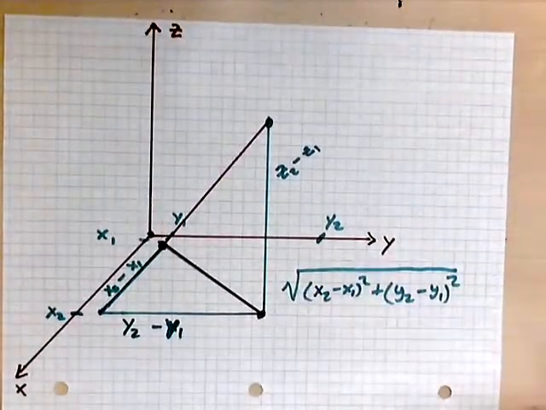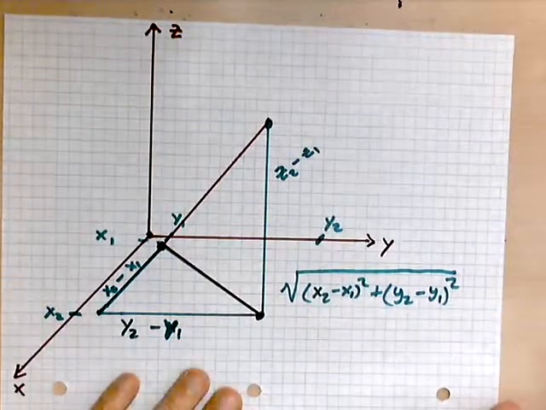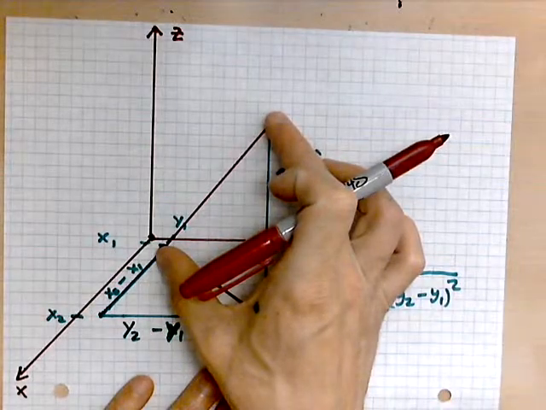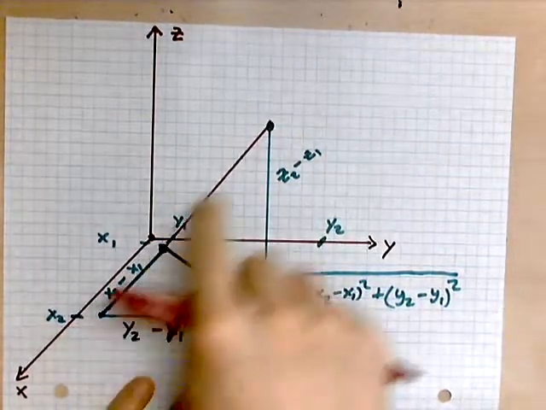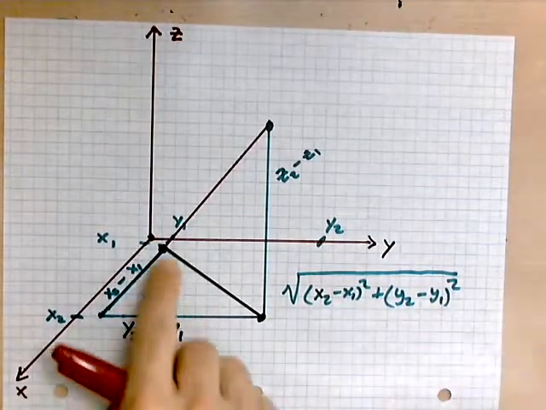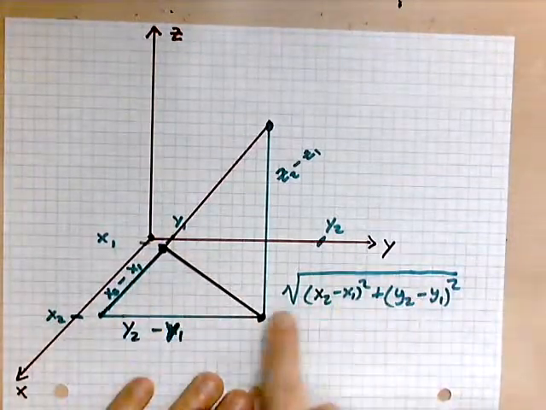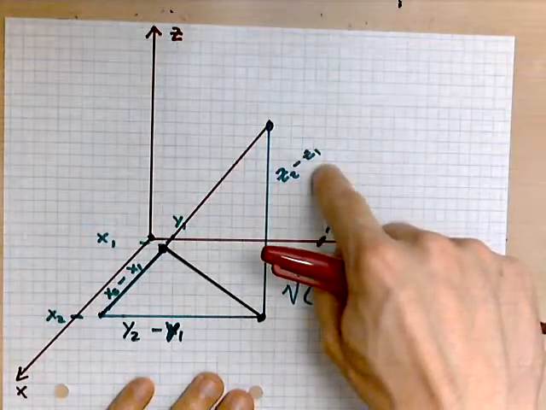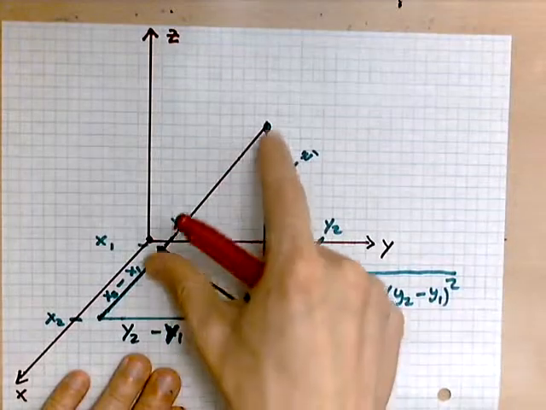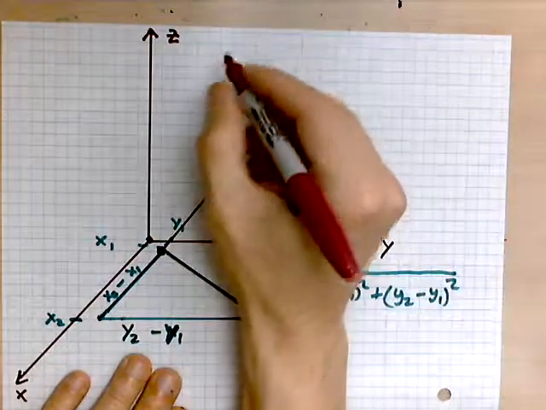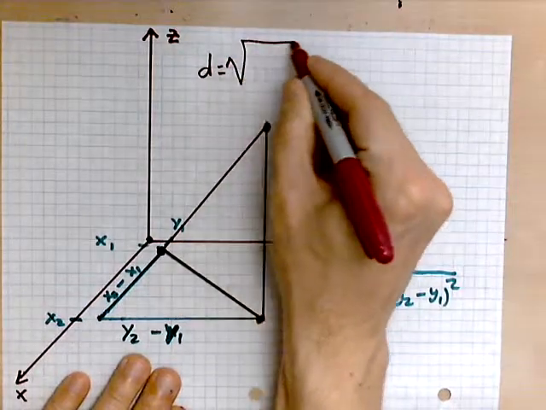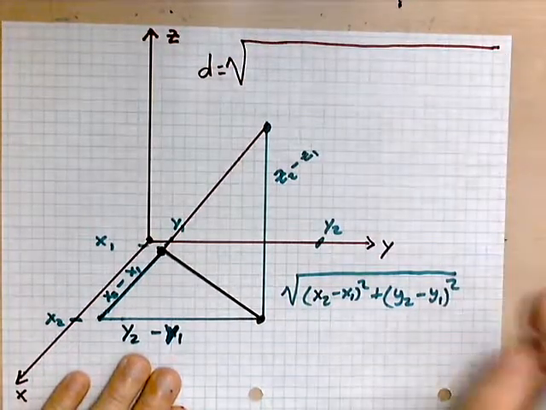See? And now we find the length of this, which is the distance between the two 3D points, meaning this point here and that point there. Okay, we find it as follows. We know that that length is given by this. We know that this length is z2 minus z1, which means that length is found as, we'll call it d, equals a huge square root symbol,